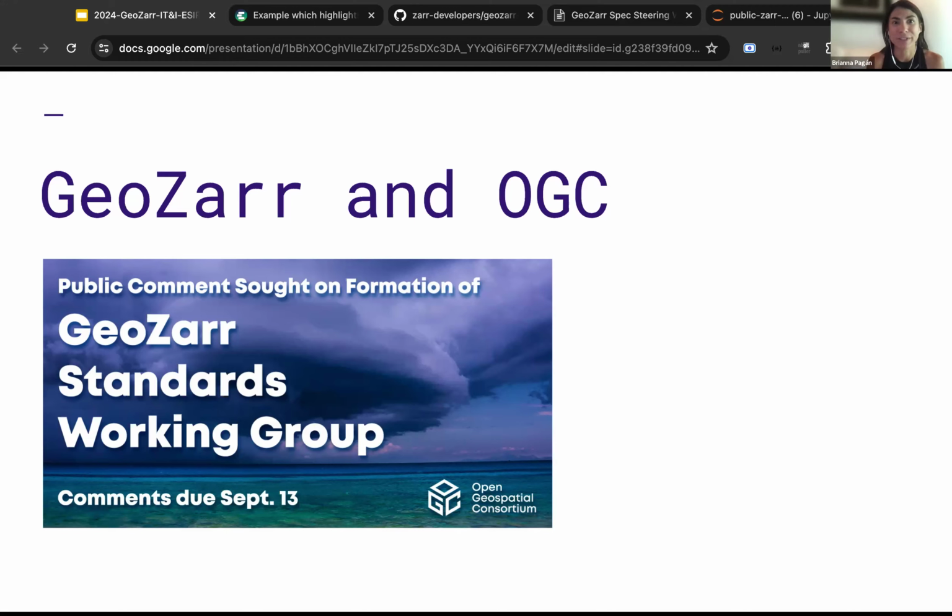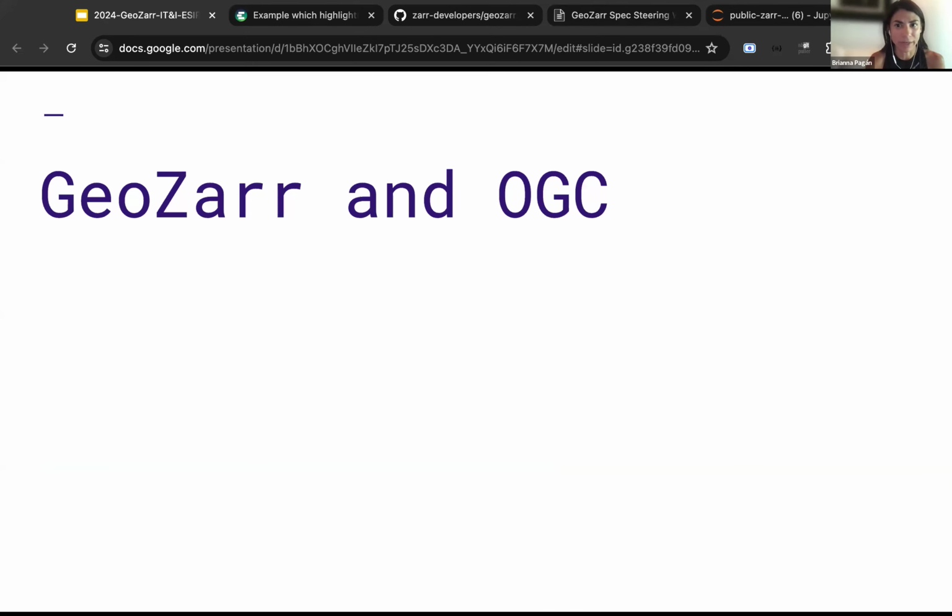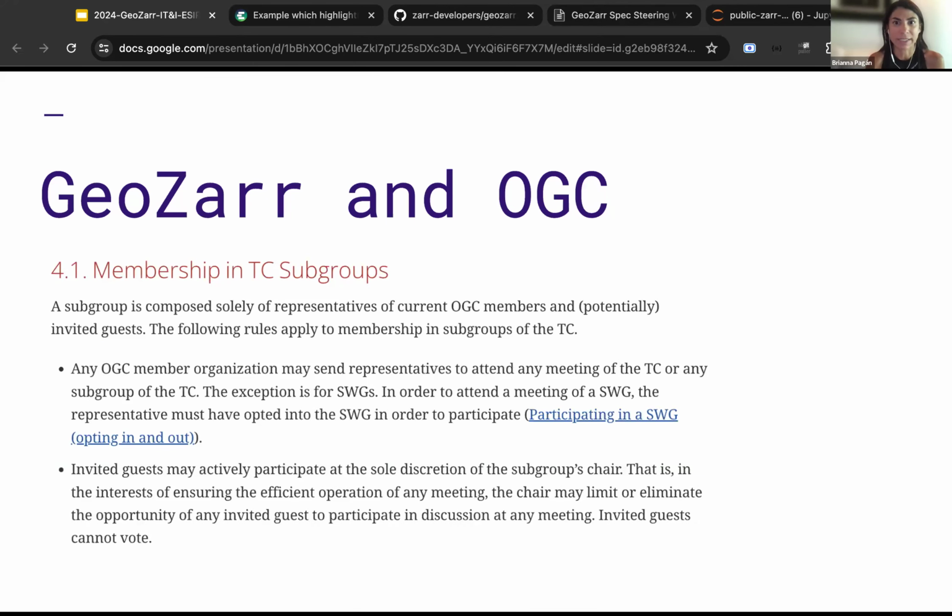And because we were just a group coming from the open source community, from a ton of different organizations, we did not really have a mechanism of making decisions back then, right? It was a few people thought we should do it this way, a few people thought we should do it that way. And so we decided to just go ahead and propose GeoZarr as a standards working group through OGC. And that also, I think, caused a bit of a rift, understandably so, because OGC itself